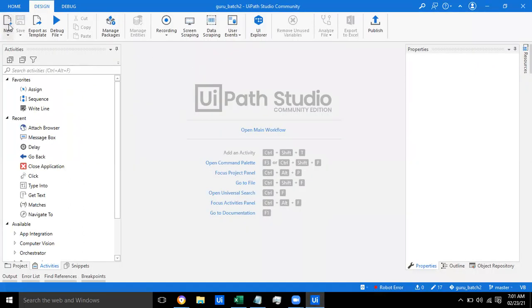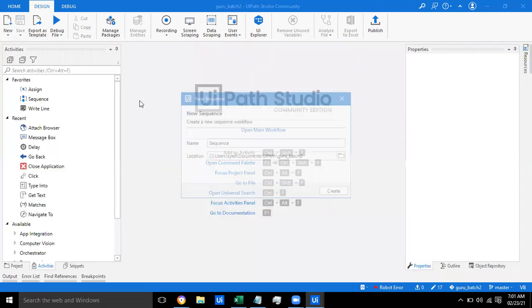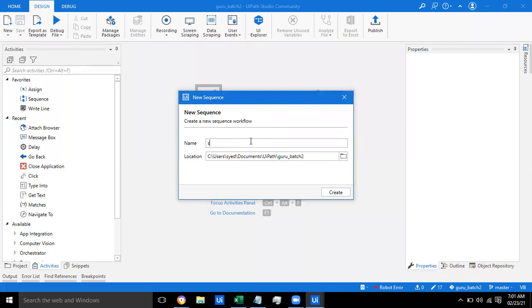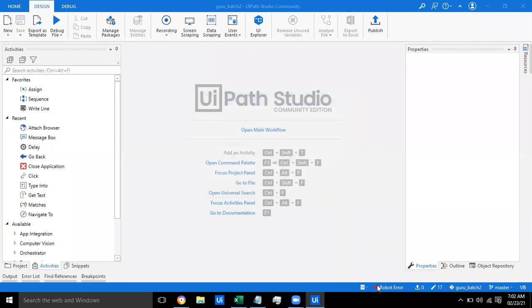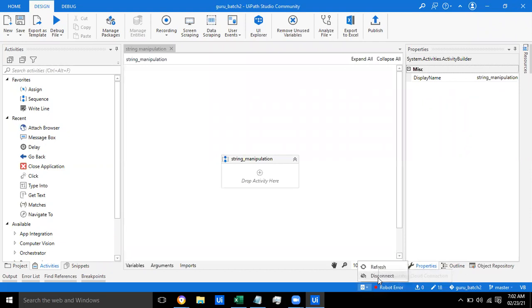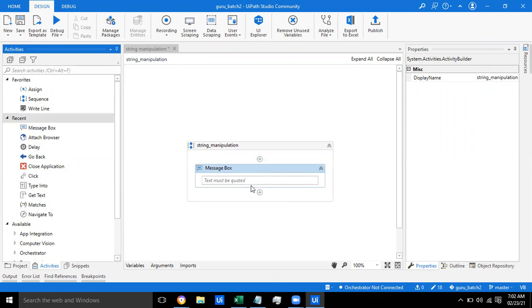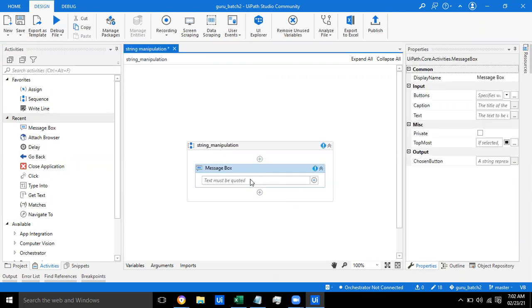Let me create a new sequence, string manipulation. The first thing I can do is drag a message box activity, guys. I'm not going to create any variable.